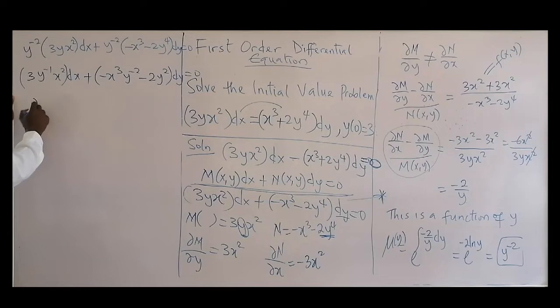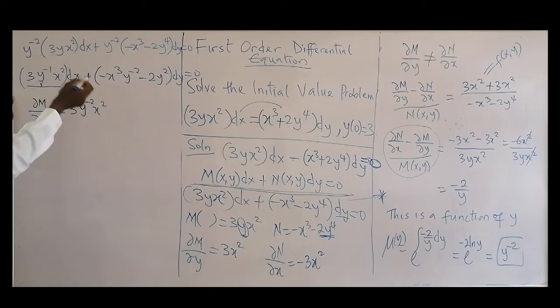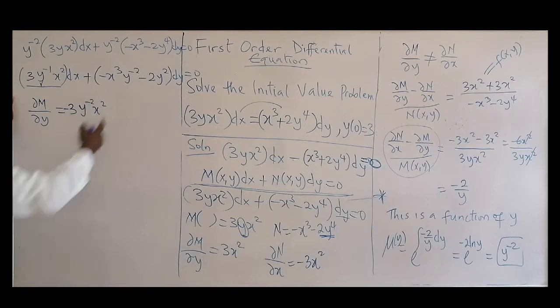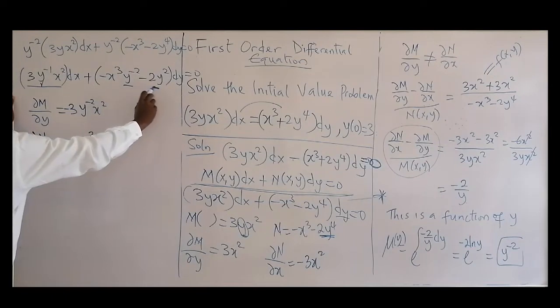So your partial differential of M with respect to y will be equal to, if we differentiate this, 3 minus 3, the minus will come from the front, y minus 2 x squared. I told you, you only differentiate the y when you are doing partial, then you keep the other variables constant. Let's also check N with respect to x. You're only keeping this one constant, and that will be minus 3x³ minus 1, that's 2. This is constant, y minus 2. There is no x here, so it's constant.